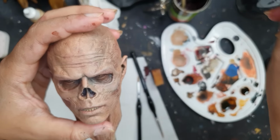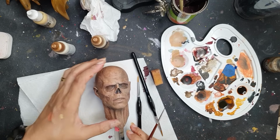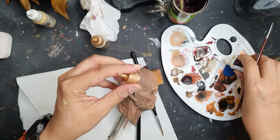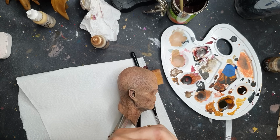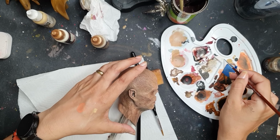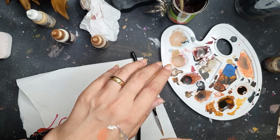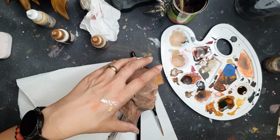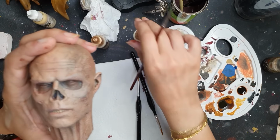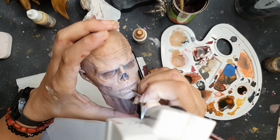So here are his teeth painted. As I mentioned, pay attention and do it properly. Teeth as well as eyes are one of those things that if you make them sloppy, it's gonna make the whole model look sloppy. Now I'm taking a lighter color and